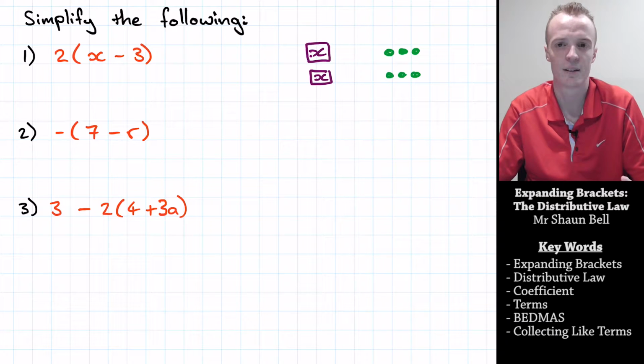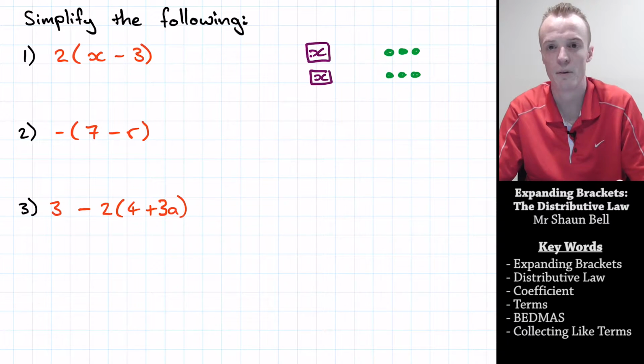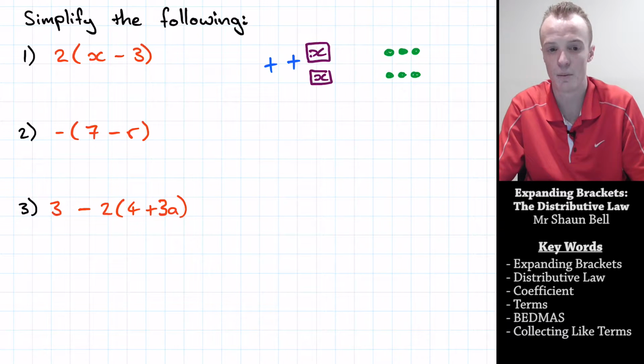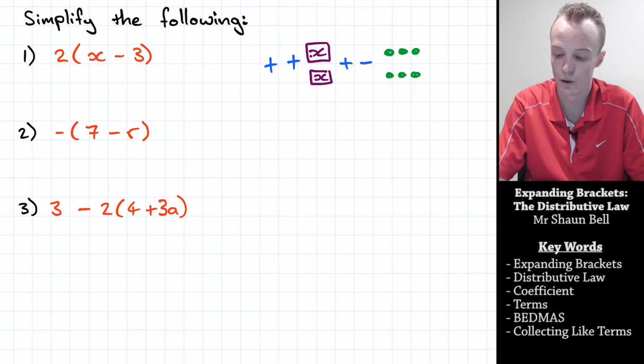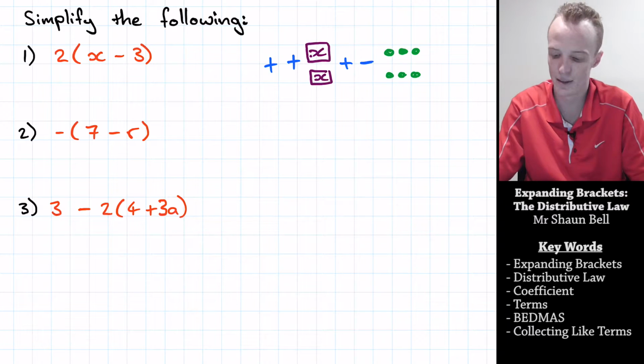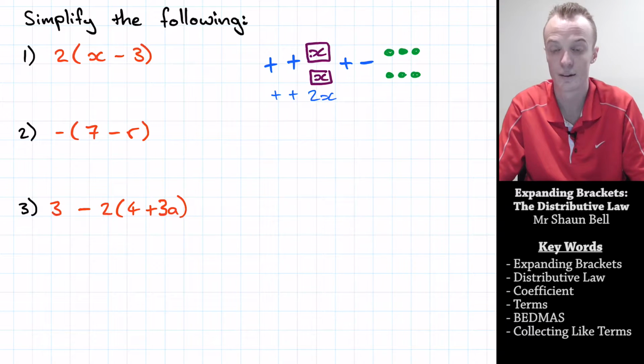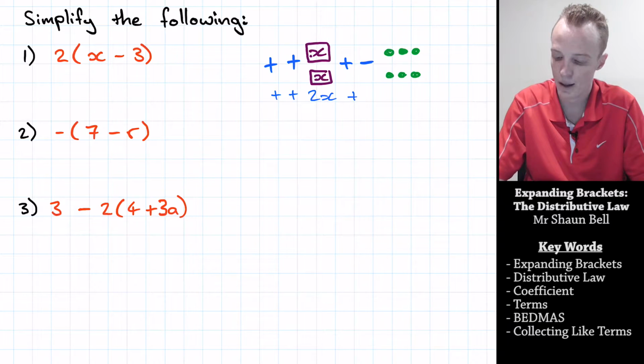But in this problem here, we're starting to deal with positives and negatives. So it's important that we take the sign of the coefficient before the brackets, so the coefficient's 2, and that's going to be a positive, and we combine it with the sign before each of these terms. So in this first one, before the 2 is a positive, and before the x's, we're positive, so we've got a plus plus. And the next one, we've got before the 2 is a positive, and before the constant was a negative, so we've got a plus minus. So if I now represent this, what I've essentially got is a plus plus 2 lots of x, or 2x, and then I'm plus minusing 2 lots of 3, which is 6.